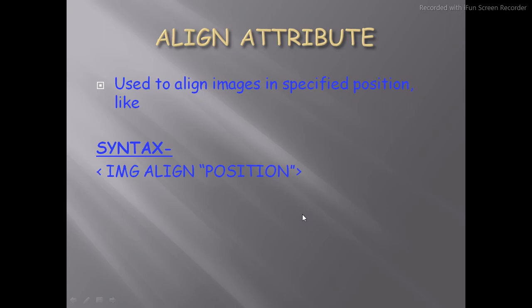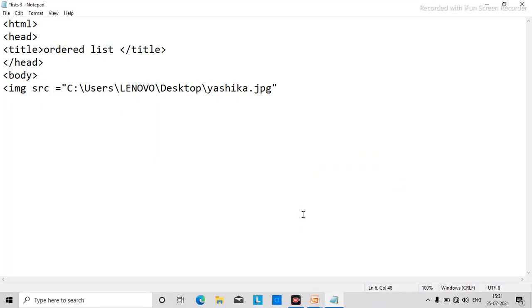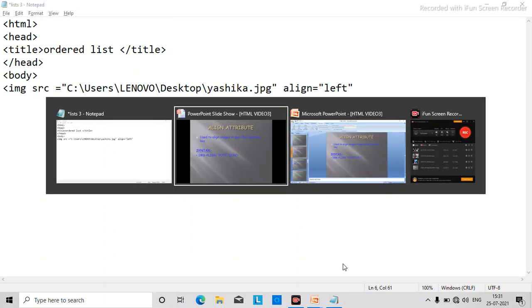So now go to Notepad and now we'll insert the align attribute also. Okay. Now if I want it to be at the right side, let's take it right or let's take it left. Okay, let's take left, it would be easy. Now we'll go to PowerPoint.